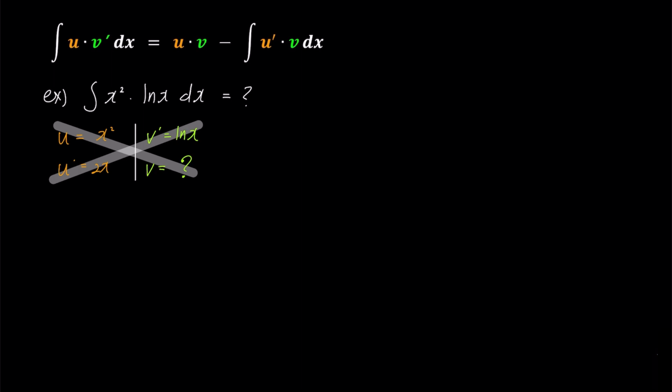What should we do? Up until now, we've let u be x, but this time, let's try the opposite. We will let u be ln x and v prime be x squared. Then we'll find u prime, which is 1 over x, and v, which is x cubed over 3. Are you worried about the increase in the degree of x in v? However, it's not a problem because at least in the terms we need to calculate in the right hand side, there is no logarithm and u prime is also a function of x, so the integration should be easy.